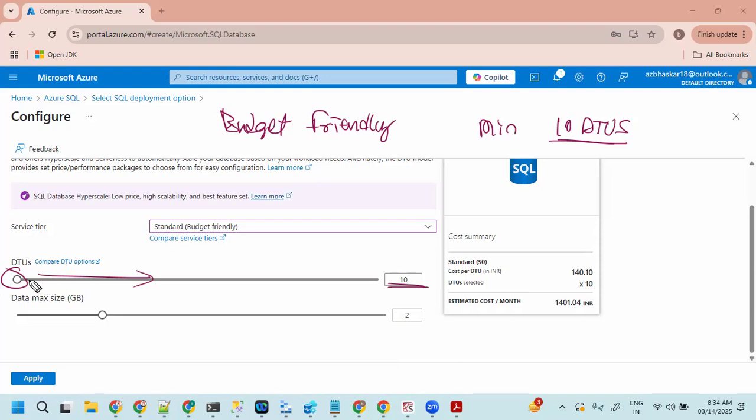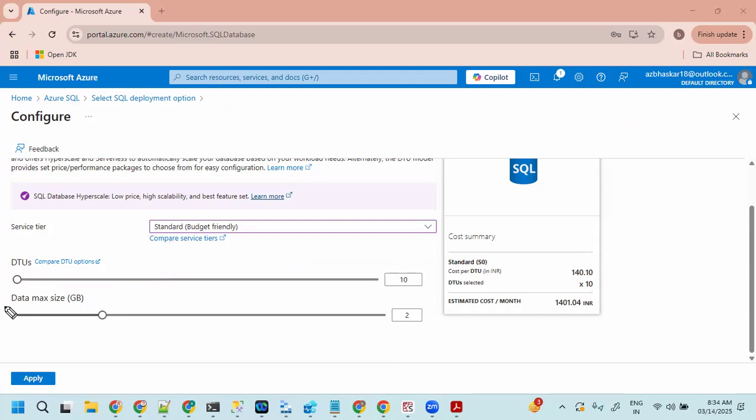Once my development is completed today, I'm going to reduce it before logging off, so that I am charged for that particular period of time only. That is what budget friendly means. Whenever you want, you can increase DTUs, and whenever you require, you can decrease them. In the same way, we have control on the storage also. So this is much more recommended for development as well as for testing.